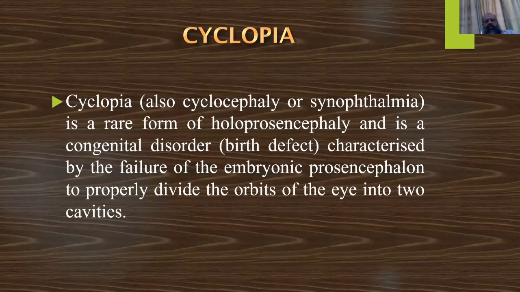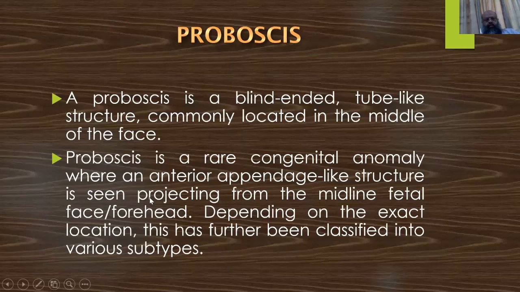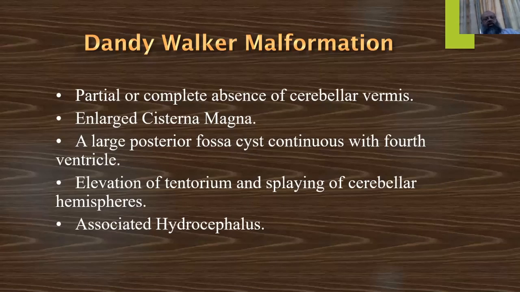Cyclopia is a rare form of holoprosencephaly and is a congenital disorder characterized by the failure of the embryonic prosencephalon to properly divide the orbits of the eye into two cavities. So it remains single like this. This is proboscis. Then comes Dandy-Walker malformation,